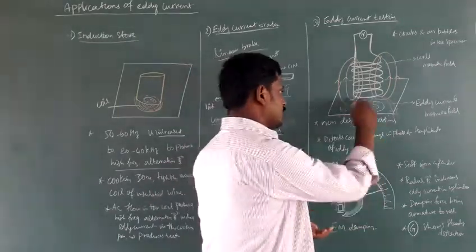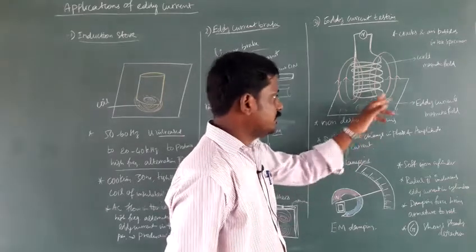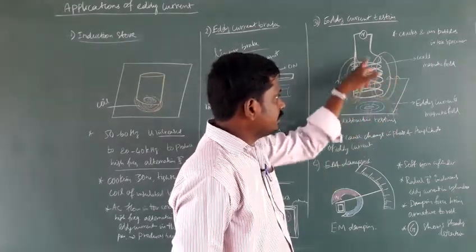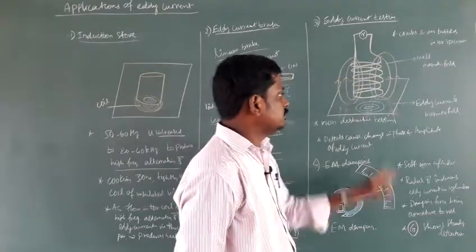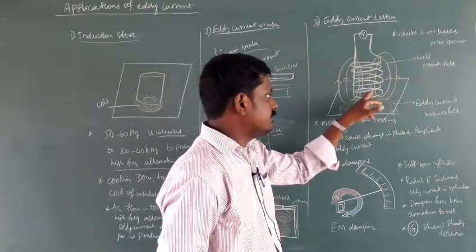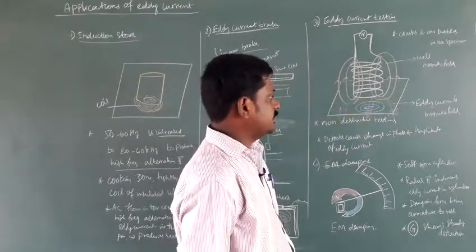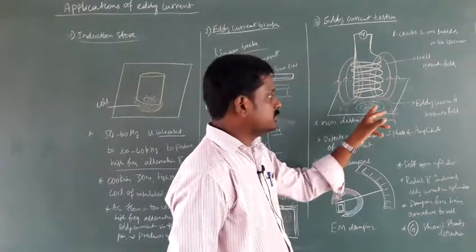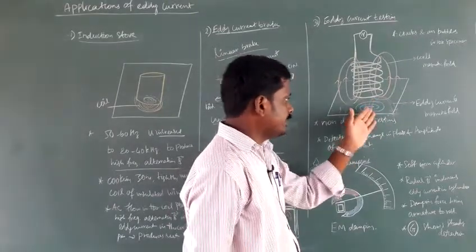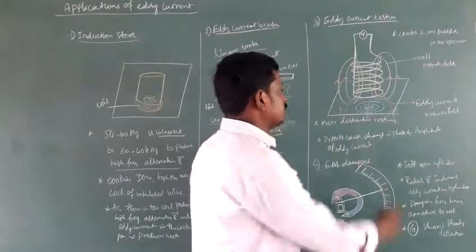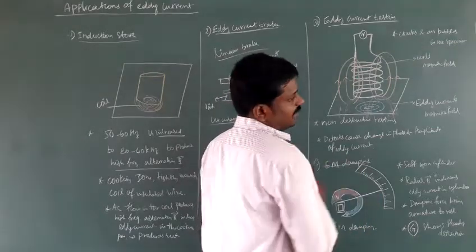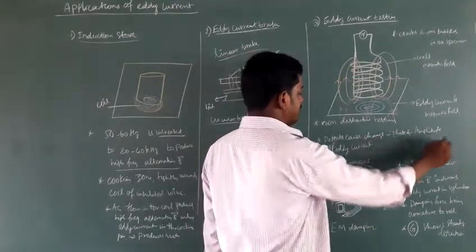So there is an induced current, and that induced current produces a magnetic field. See, this one is the magnetic field produced by the alternating current, that is the coil's magnetic field. This magnetic field is the eddy current's magnetic field. There is a change in magnetic flux linked with the conductor, so an induced EMF is produced in the form of circles, that is eddy, so eddy current. The eddy current produces an eddy current magnetic field. So we get some results. The defects can be found by the change in phase and amplitude of the eddy current.